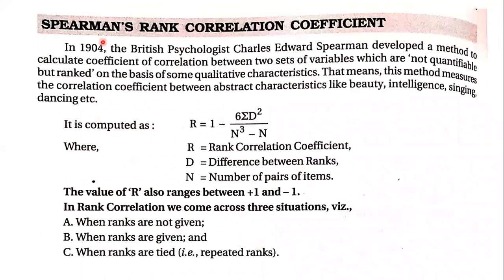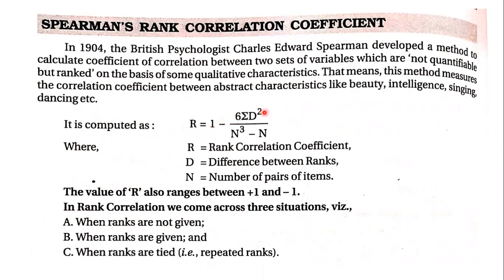So, Spearman's rank correlation coefficient. He was a British psychologist, and he developed this method where we assign ranks to the given values, and then we find the correlation coefficient for the two sets of variables. Now the formula proposed by Spearman for the correlation coefficient is capital R is equal to 1 minus